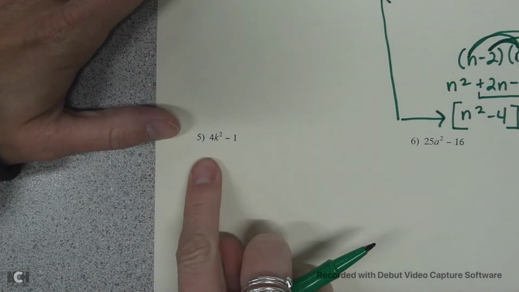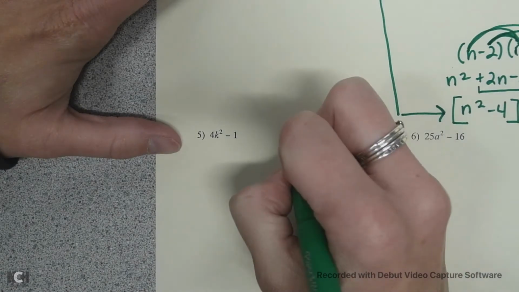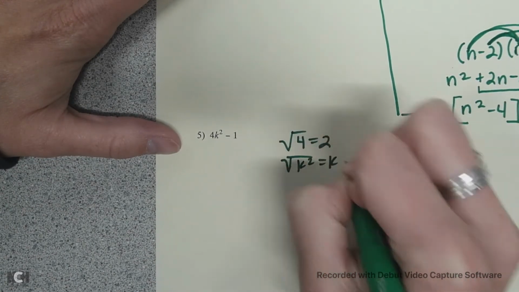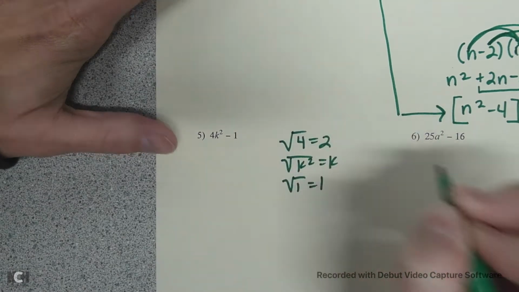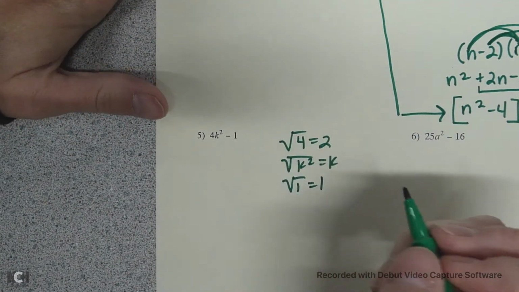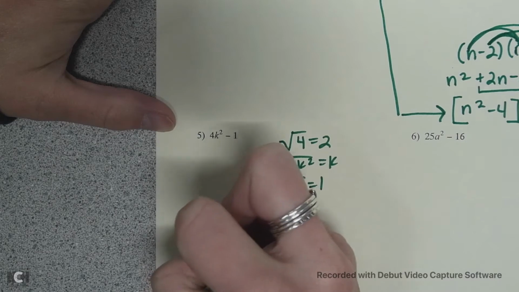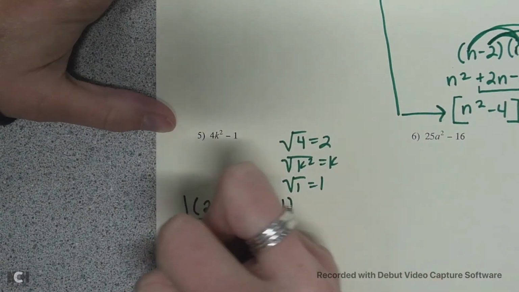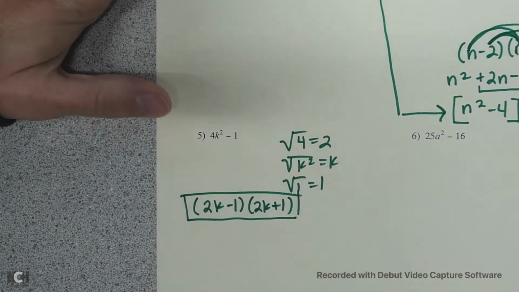The same thing on this guy, on number 5. The square root of 4 is 2. The square root of k squared is k, and the square root of 1 is 1. So your answer for this guy, factored out, will be 2k minus 1 and 2k plus 1. Okay,